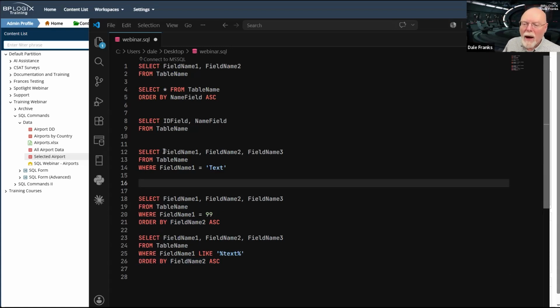So what I might want to do is, again, I might want to pull all of the data. In fact, I am pulling all of the data on the data list form. I'm pulling all of the data for, as we saw, airport number 4.